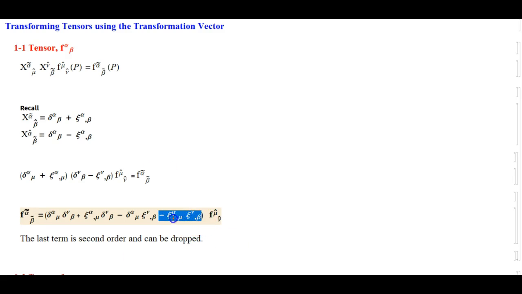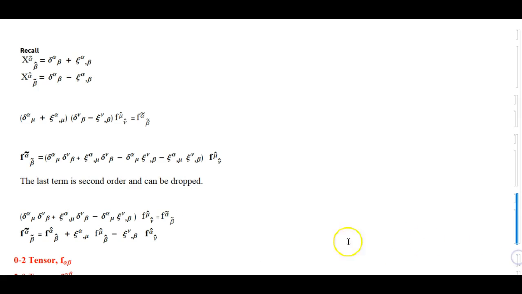Now this term is second order because xi is very small and this xi is very small. So this is a first order term, this is a first order term, and together this becomes a second order term. Therefore we can ignore this second order term because the remaining terms are first order. When I say first order, I mean first order perturbation. So when you multiply two first order perturbations, that becomes second order. So that can be dropped, and then you are left with